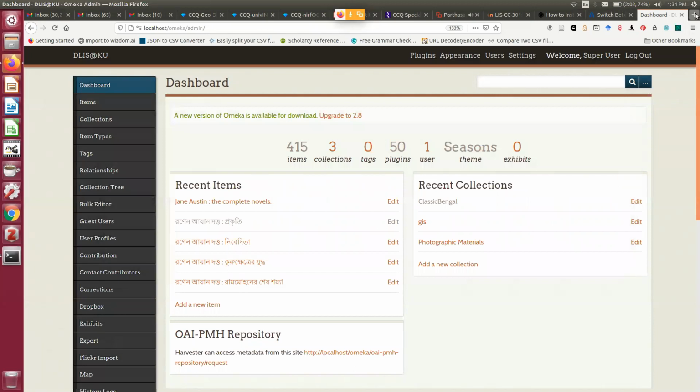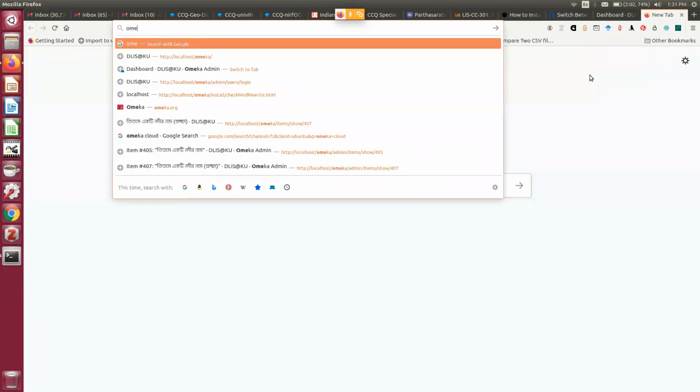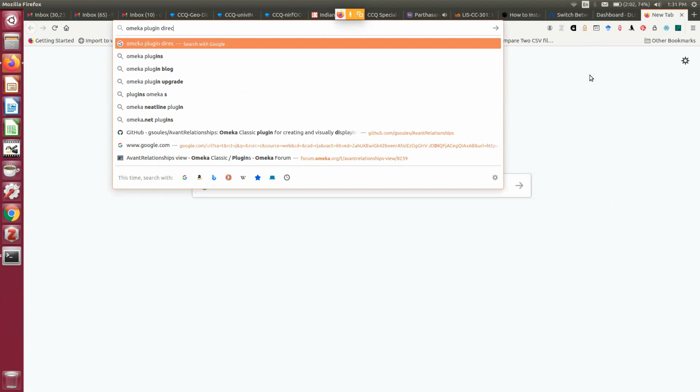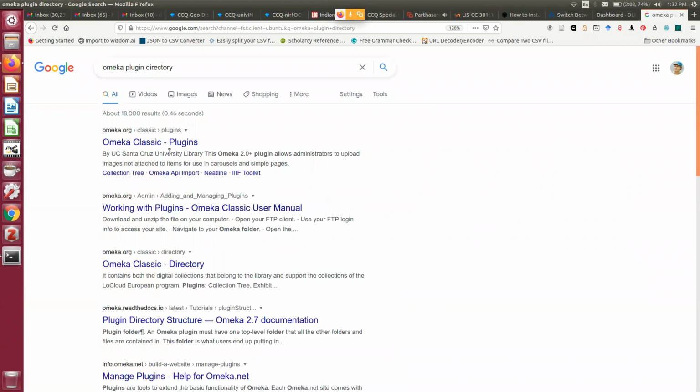Now I am going to the plugin directory of Omeka. So I can search by Omeka plugin directory. We are using Omeka Classic, so Omeka Classic plugins.